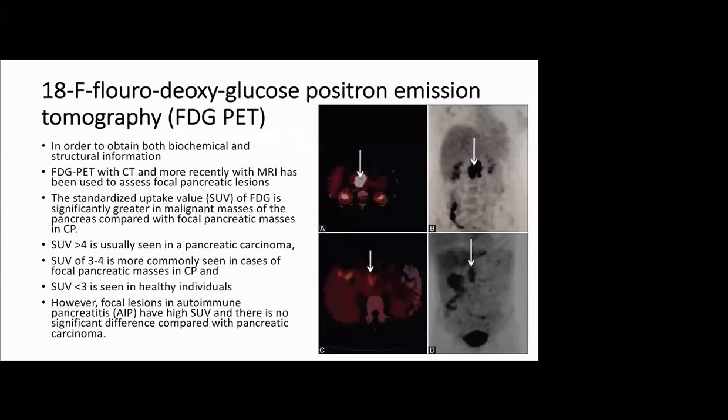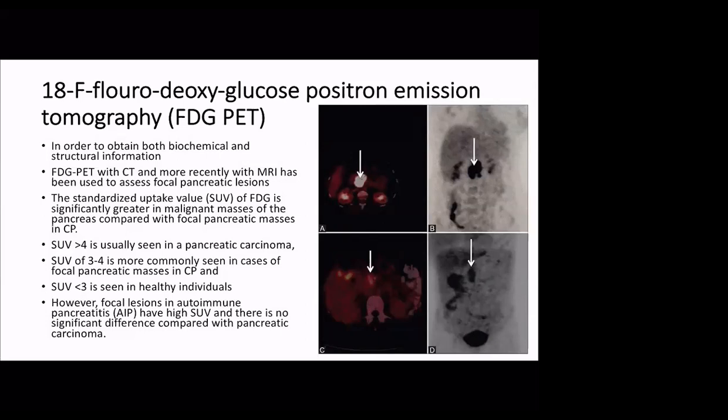عادة تكون ال SUV value أعلى بالmalignancy than the other focal pancreatic mass. The SUV value more than 4 is usually seen in pancreatic carcinoma, while SUV value of 3 to 4 is more commonly seen in cases of focal pancreatic masses in chronic pancreatitis, while SUV value less than 3 is seen in